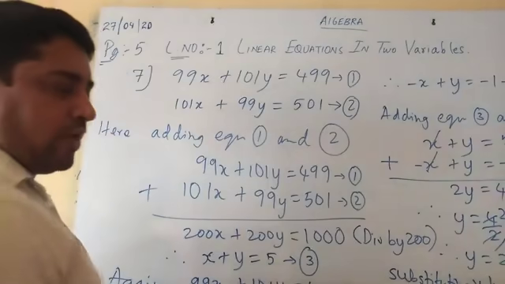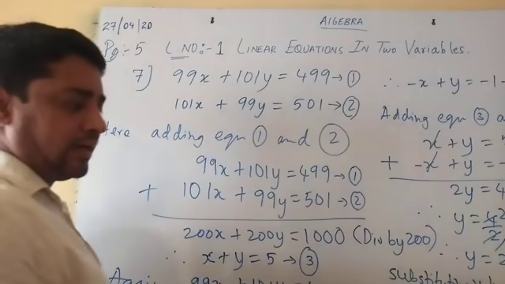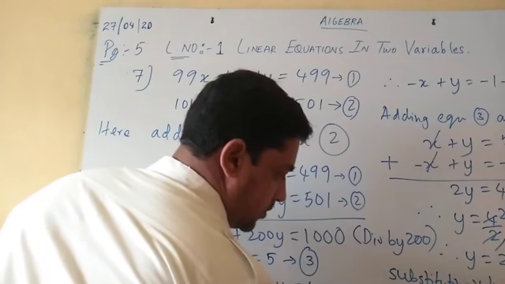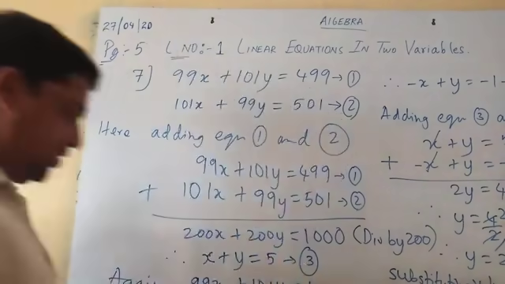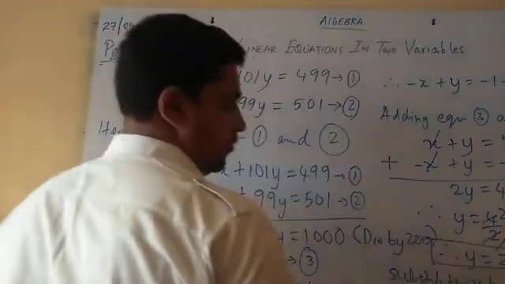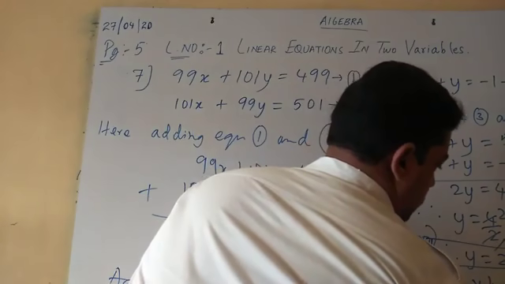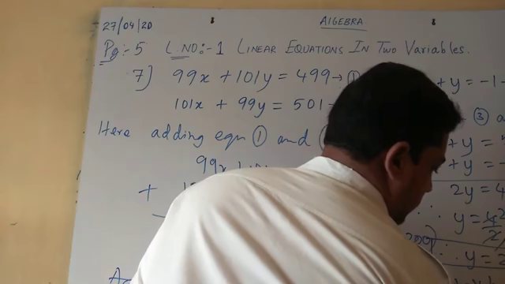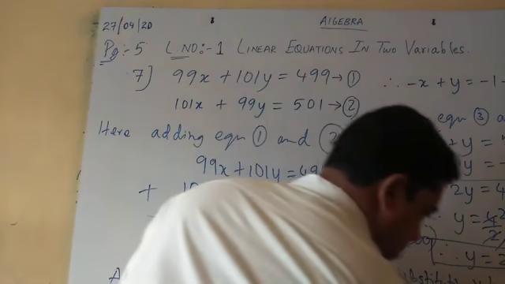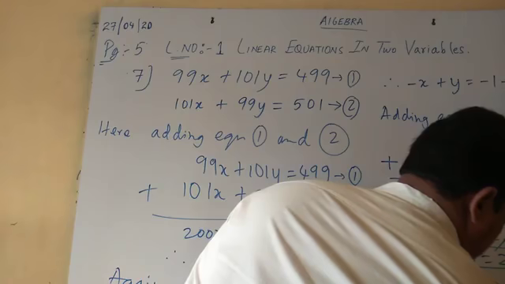Like a linear equation, one variable, x is equal to 5 minus 2. Positive 2 will go to the right hand side, it will become negative. Therefore, x is equal to 3. So we have got the final solution. X is 3, y is 2. Correct? So we can write therefore x is equal to 3, y is equal to 2 is the solution of the equation. A big sum, lengthier sum, but easy if you follow this method.